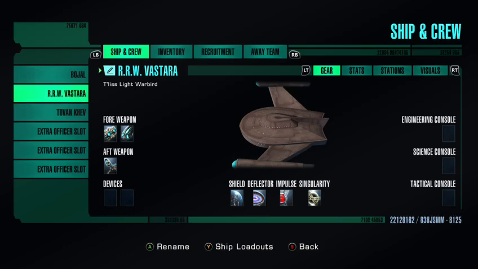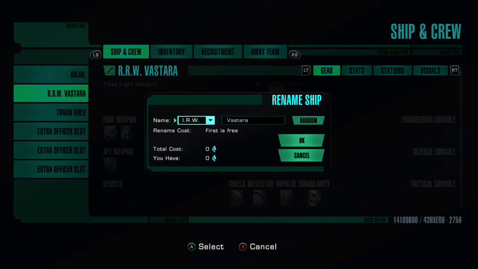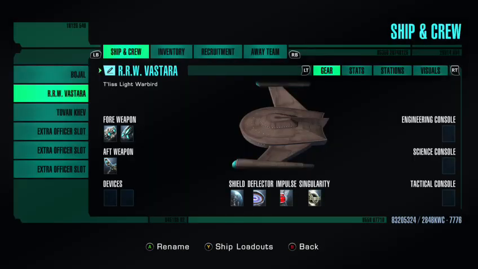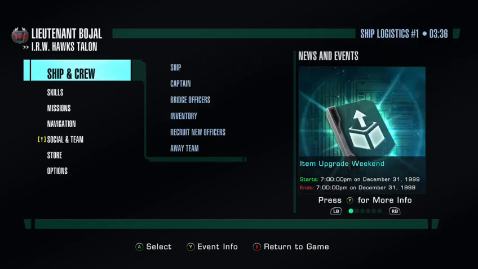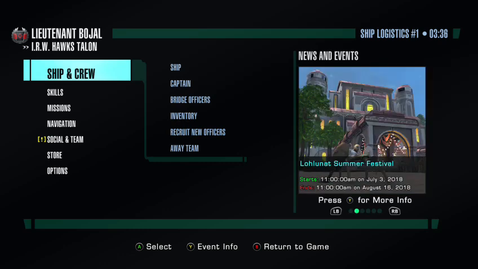If I... IRW... I think... oh, I wanted the age. Hawk's... I think Talon was what? 1? No. 1L. IRW Hawk's Talon. Yes, that is the name of the Romulan warbird in Star Trek Continues that Commander Charvanek...